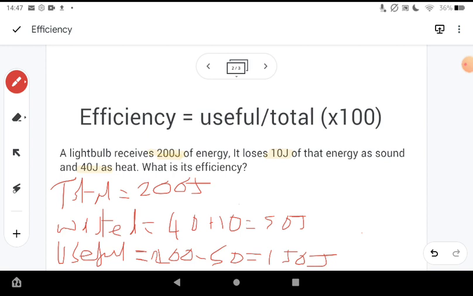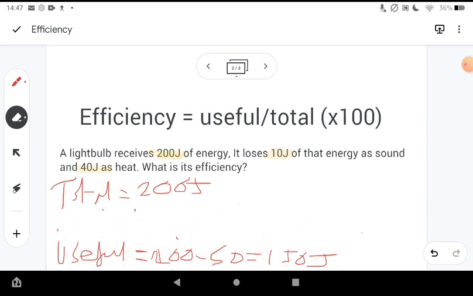Now I don't need the wasted anymore because it's not actually in the formula. So I'm going to put these numbers into the calculation, and my efficiency is going to equal my useful, which is 150, divided by my total, which is 200, and then that's going to give me